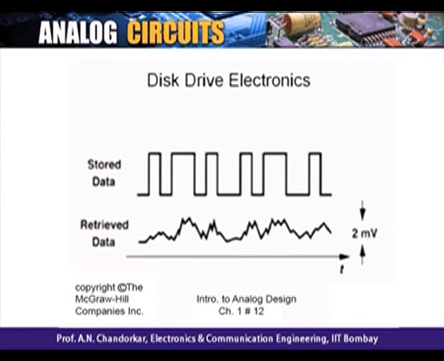Most of the disk which you use, the hard disk, without hard disk you can't survive. 4 GB, 8 GB, 160 GB, 320 GB, however much you give is less. This is your data you are storing on the disk, and what you really take out is this, if the GB speeds are higher these days, because you are making very high speed hard disks now, and data acquisition actually smears it, and the variation can be as high as 2 millivolt to some levels. Okay. Now again you will have to retrieve digital data out of this.